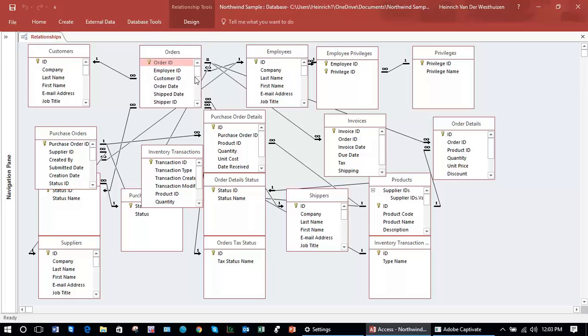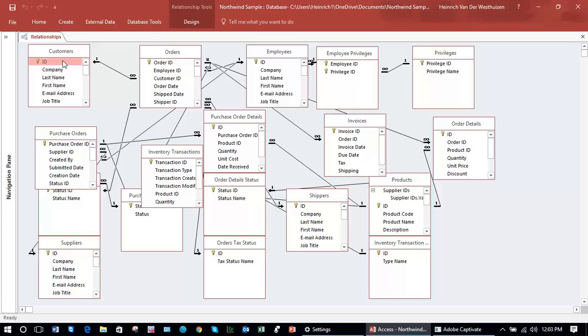In the orders table, we capture a lot of detail about an order. For instance, we capture who is the customer, who is the salesperson, what is the order date, when was it shipped, what is the address, etc. And in order for us in this database to understand that a particular customer has placed many orders, there is a relationship between the customer table on its primary key to the orders table, and there you'll see a duplicate, because the customer ID that you see there is exactly the same as the customer ID that you see there,